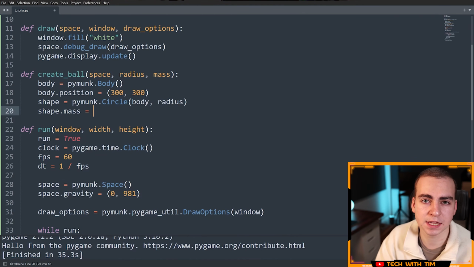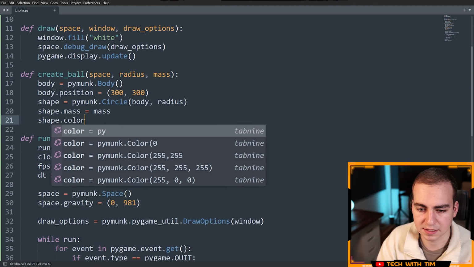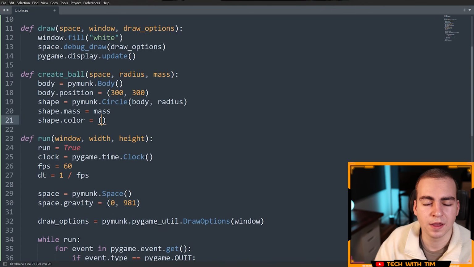Now we need to have the mass because we're going to be moving this on the screen, and well, to apply gravity to it, it needs some mass. So we'll set the mass equal to whatever mass it is that was sent in. And then if I want to change the color of this shape, I can say the shape.color is equal to, and then I have to pass an